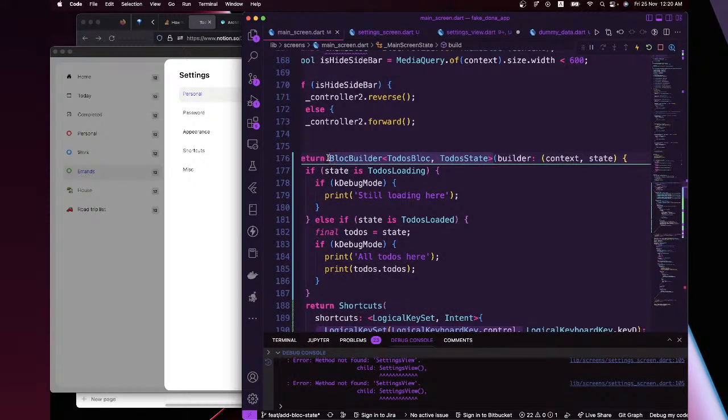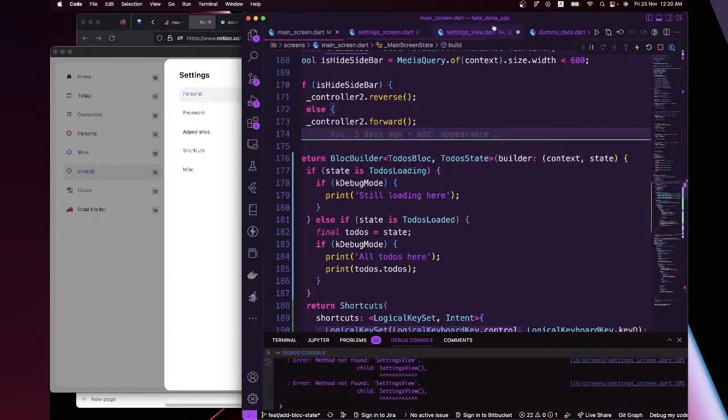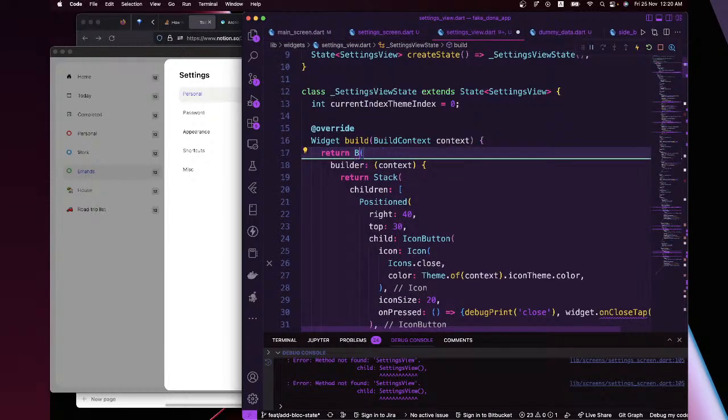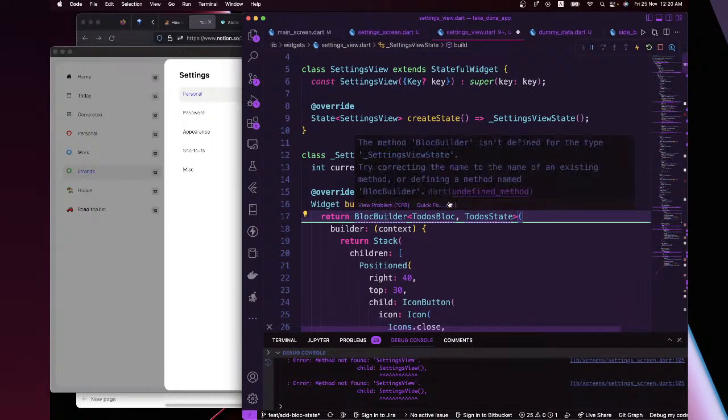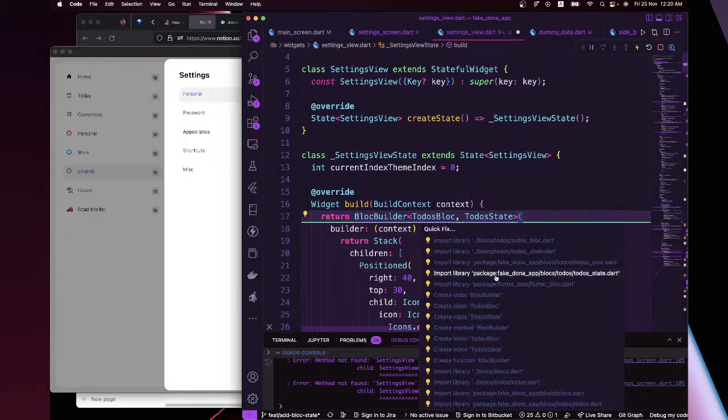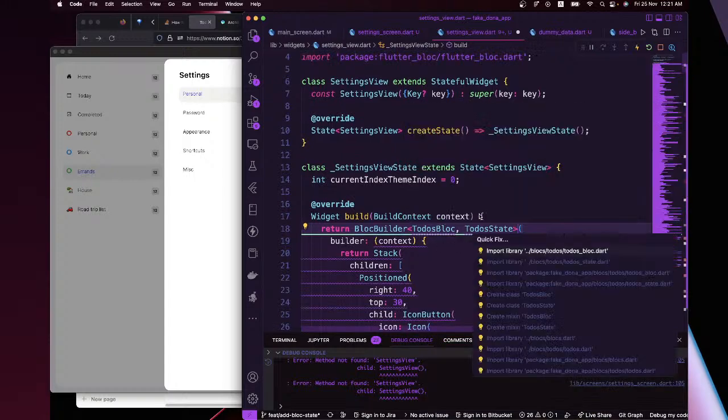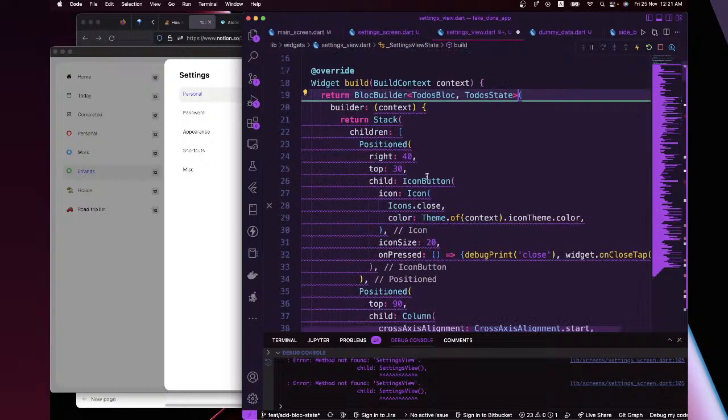So go ahead and copy this section and use that as the builder, because right here we are not just using an ordinary builder. So the builder type is a block builder. Since this is a block builder, I'm going to import block to fix some issues. Flutter block, and then the block to-dos block should be from to-dos. I think it should be from to-dos, and then the context should have something called